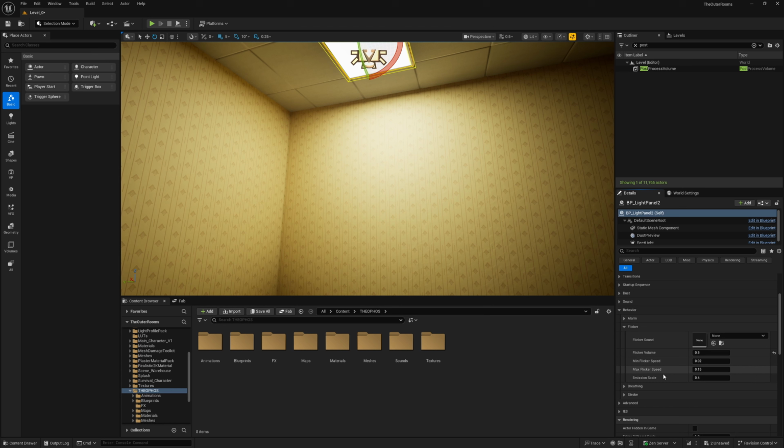Minimum and maximum flicker speed are exactly what they sound like. This is just a random range. So it's going to choose the amount or the interval of the flicker based on what you have here. So the minimum is going to be 0.02 seconds. The maximum interval between flickering is going to be 0.15, and then it's going to pick a range randomly between those. So if I was to say choose something like 0.1 and 0.1,